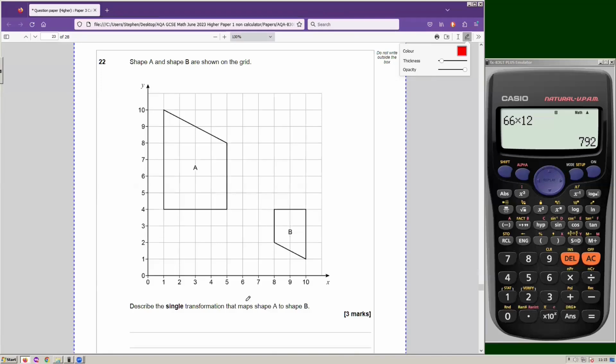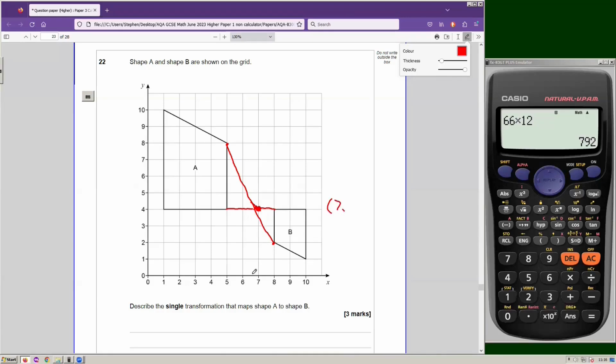Shape A and shape B are shown on the grid. Describe the single transformation that maps shape A to shape B. Well, they're not the same size, so it must be an enlargement. But also they're flipped over. So I can take this point here, corresponds this with this one here. So I can do a thing called ray method. I can do this. 1 2, and this is 1 2 3 4. I think that should have gone through this point here. So there's our point. That's our point of reflection there, which is